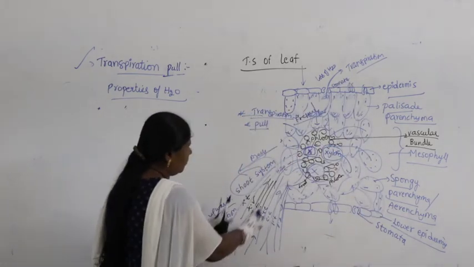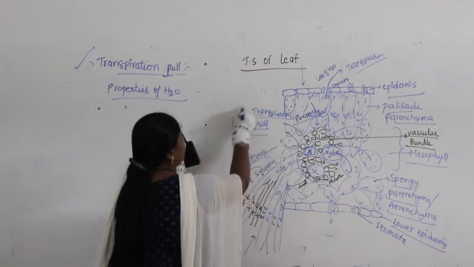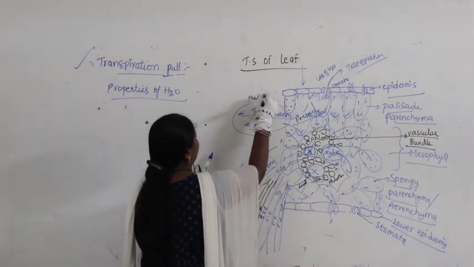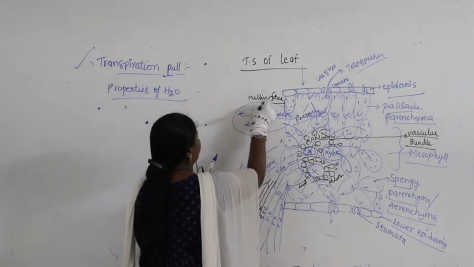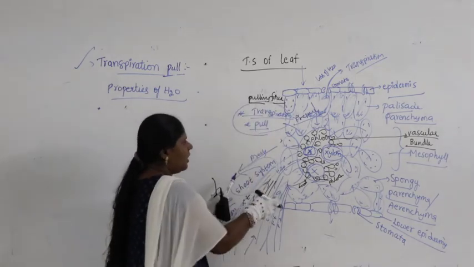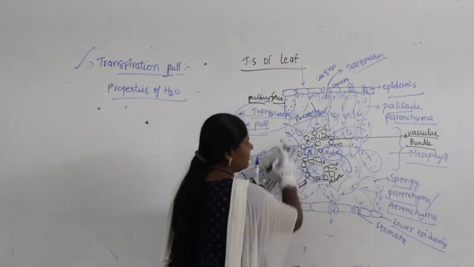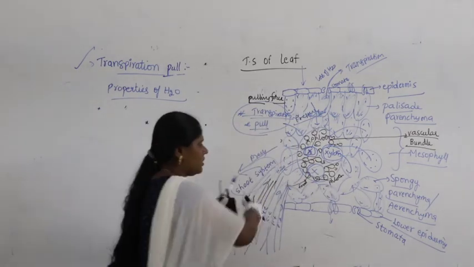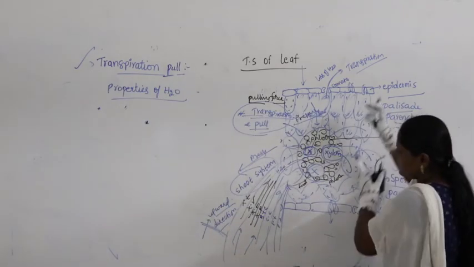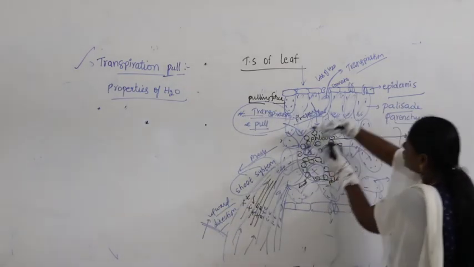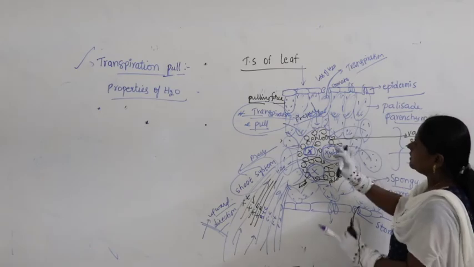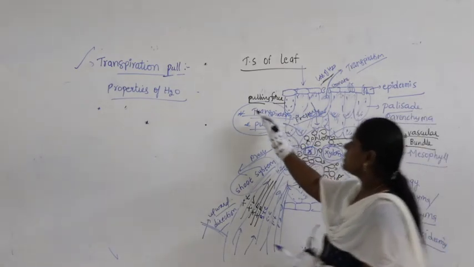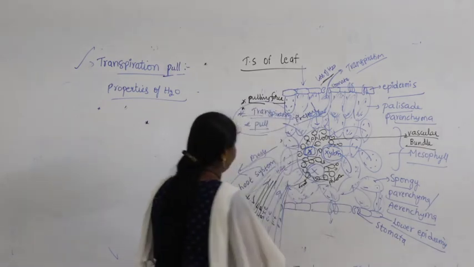a pressure created in the movement. That pressure itself is called transpiration pull. That itself is called pulling force, or pulling pressure, because all mesophyll cells, as they become empty at a time, pull the water from the shoot system at a time. All mesophyll cells apply the pressure, they pull a large quantity of water to fill all the cells, which again lose water by stomata. This is called a pulling force.